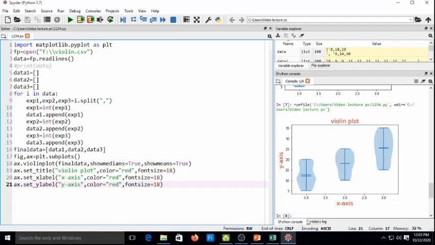Now, to give the tick label in the x axis, for example, this is experiment 1, this is experiment 2 and experiment 3 data, you have to make basically x tick label. So, you have to write xtick_label equals to, there are 3 data set, that is exp1, exp2, exp3. You have to make 3 different strings.